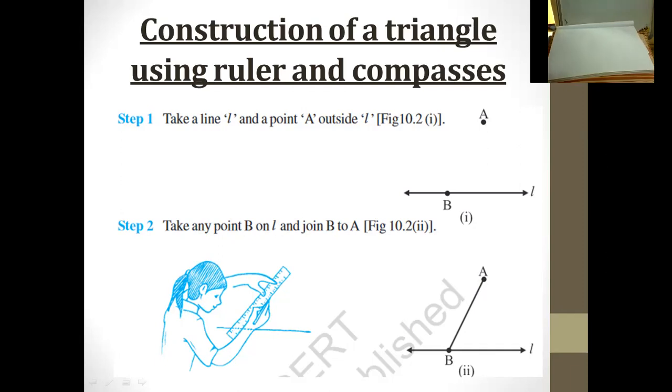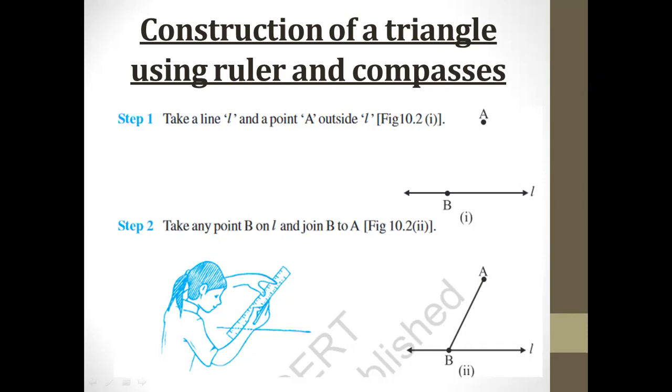Okay. First of all, you have to draw a line here. We have to draw a line. That line is named L. Okay, we draw a line L here. Let me switch off the light so that you would be able to see more carefully. Just give me a sec so that you can watch it carefully.